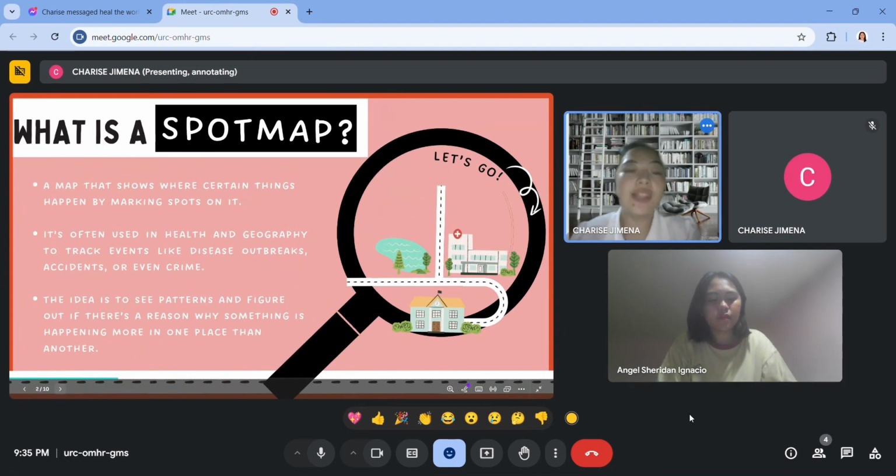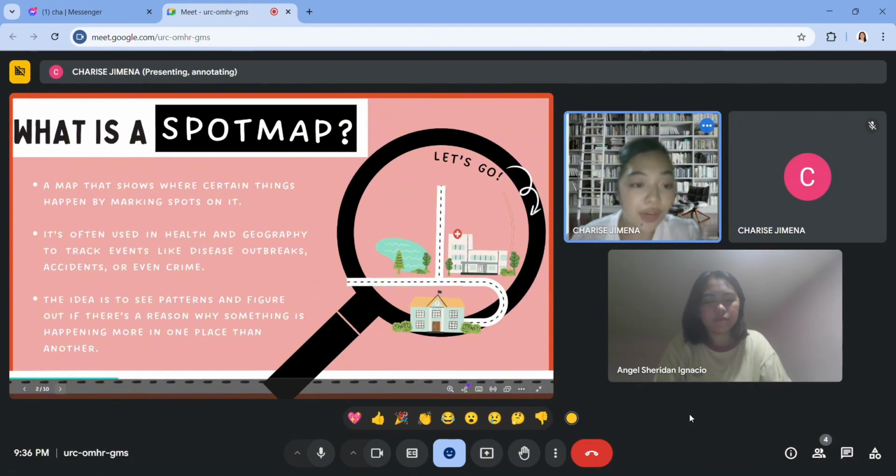So first, what is a spot map? A spot map is basically a map that shows where certain things happen by marking spots on it. It's often used in health and geography to track events like disease outbreaks, accidents, or even crime. The idea is to see patterns and figure out if there's a reason why something is happening more in one place